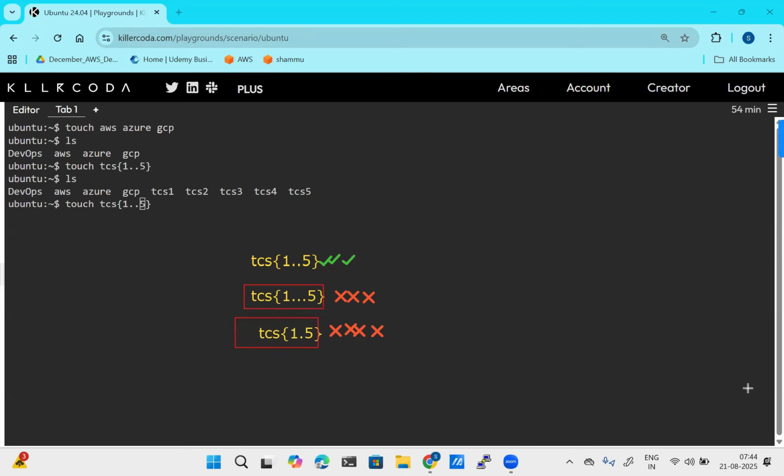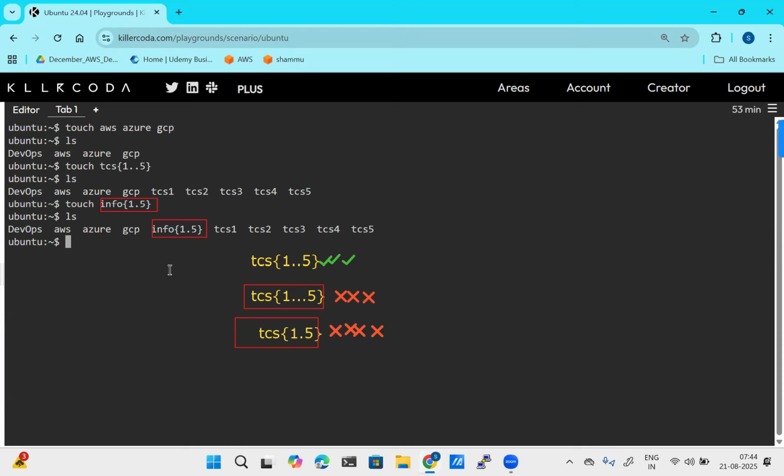Verify that one. On purpose I am going to give one dot, so I am giving info 1.5. Ultimately it is going to read it as a file name, and using this name it is going to create one file for you. Verify that one. ls. Clear? Ultimately, this was the file that you have created.